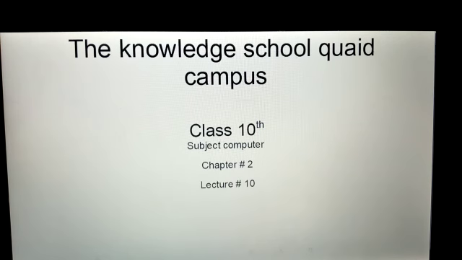Characters include alphabets, both upper and lowercase. Uppercase means capital letters and lowercase means small letters. Numeric characters include digits from 0 to 9, and other special characters, operators, signs and symbols also. Then reserved words. Reserved words are the keywords which have a predefined meaning or a predefined purpose.